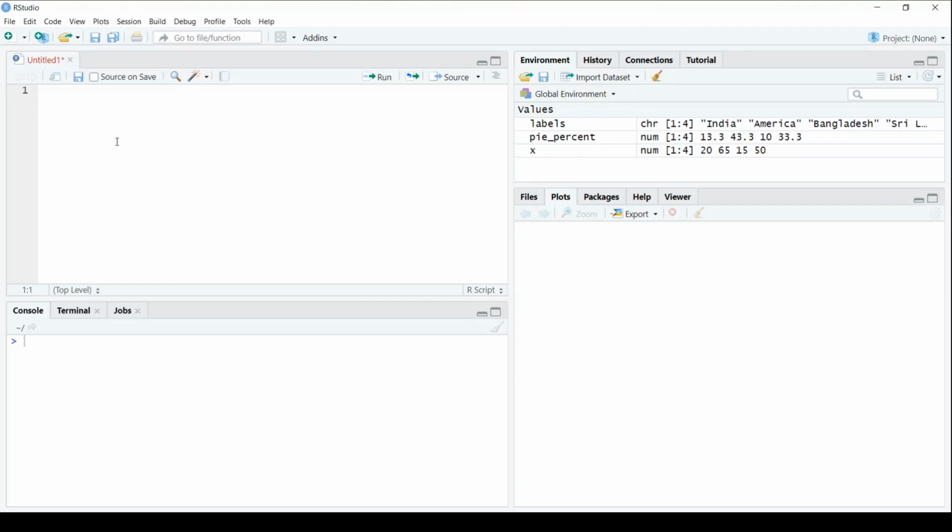Then we have main, right? We have seen in the histogram what main is. Main is where we give the title to the chart, right? So it might be a histogram, a bar plot, a scatter plot, or a pie chart. Main will describe the title of that chart. Then we have clockwise, which defines whether the circle will be drawn clockwise or anti-clockwise. Then we have color as col. It gives you the color palette, right? Talking about color, I'll show you just an example.